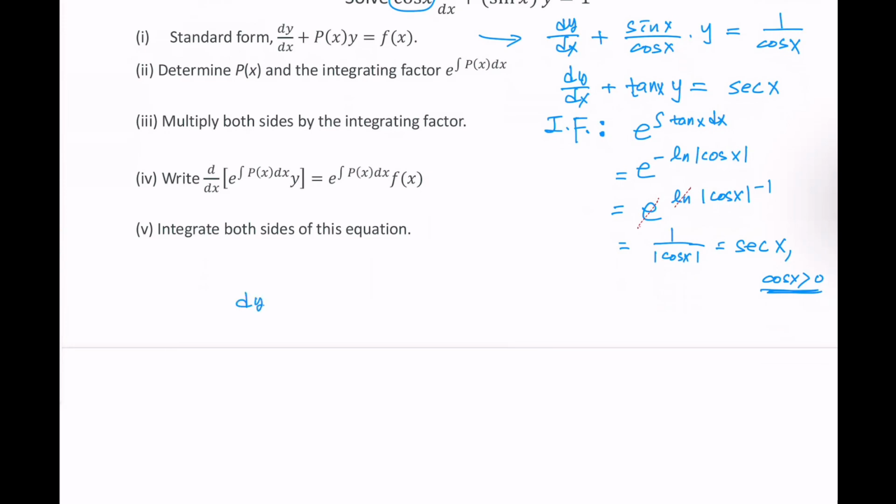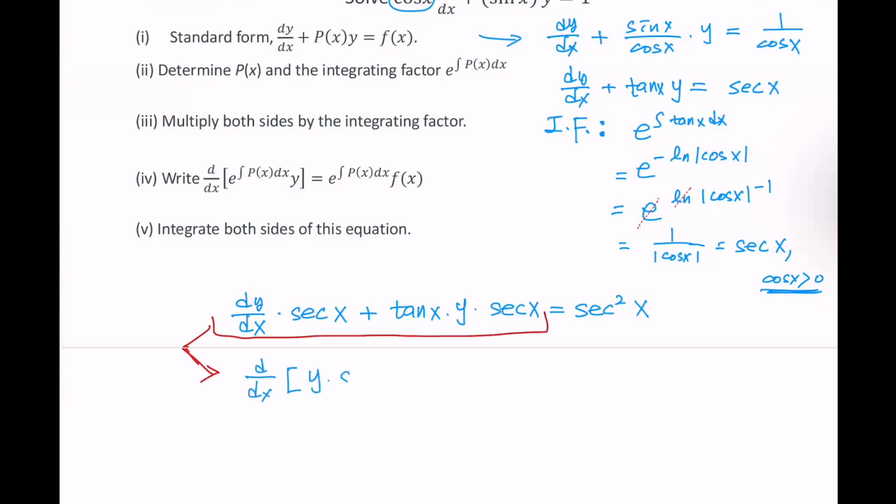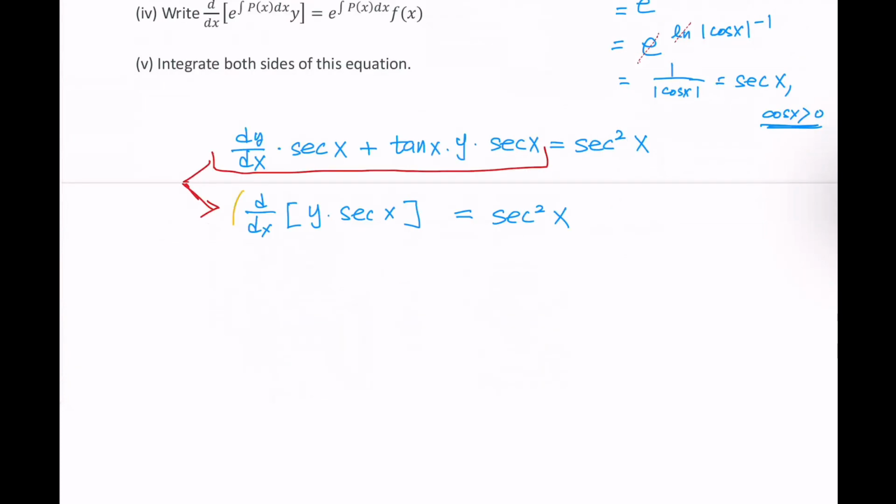Then we have dy over dx times secant x plus tangent x times y times secant x equals secant x times secant squared x. And Dr. Kim's magic again: y times secant x for the left-hand side, and the right-hand side secant squared x. Now we take the integral: y times secant x equals integral of secant squared x. In the cheat sheet section of the integration formulas, it says that equals tangent x plus c. And this is the implicit solution, and if I ask you to find the explicit solution,